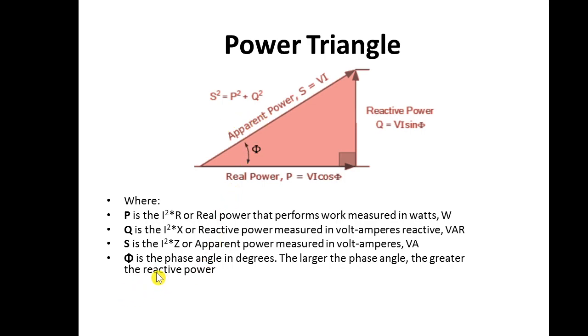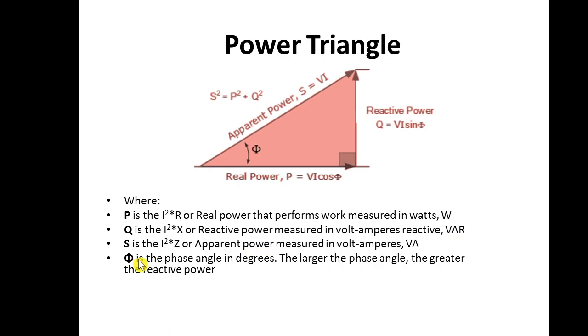Now this phi is the phase angle. The larger the phase angle, the greater the reactive power. As this phase angle goes on increasing, this reactive power also goes on increasing. If this phase angle is less, then this reactive power is also less, because if we take a line in between, meaning if the angle is half, then it comes to here, so the reactive power also decreases in this way. Then this is the reactive power, and what is the unit of reactive power? It is volt ampere reactive.